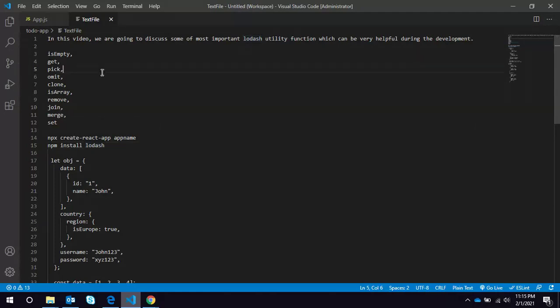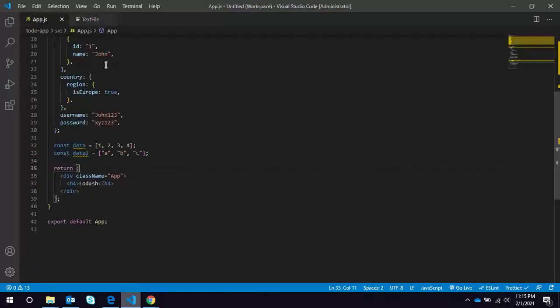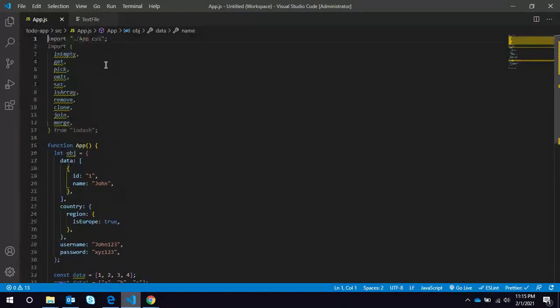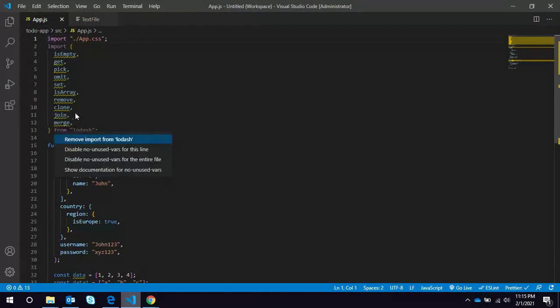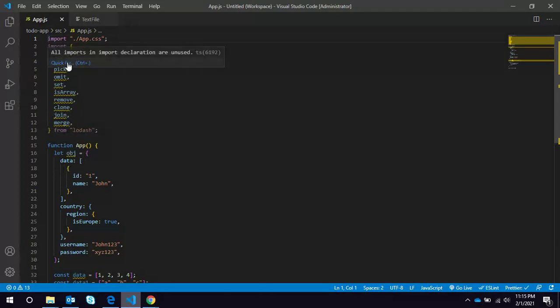Now I have created some examples and I have already imported all the utility functions. We are going to see these utility functions one by one.